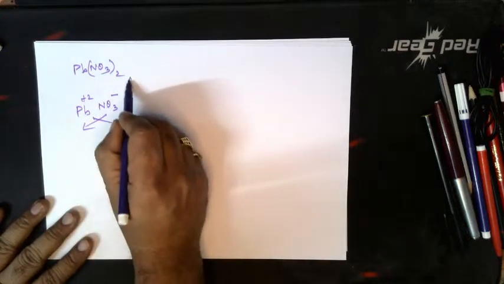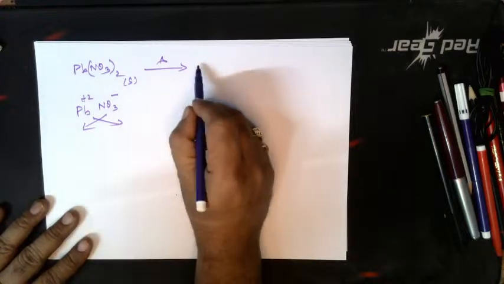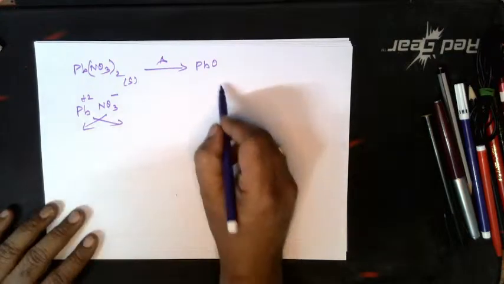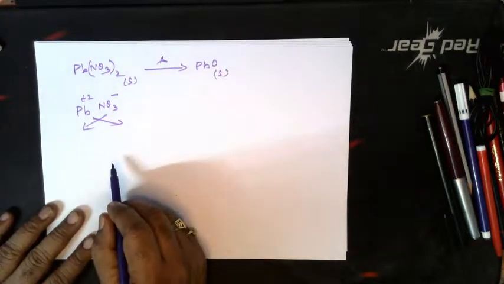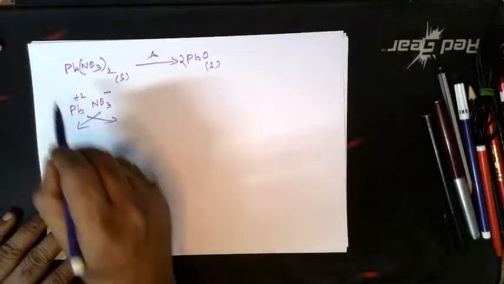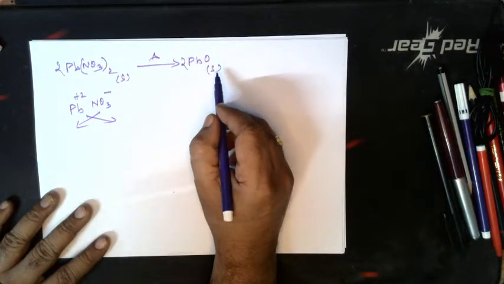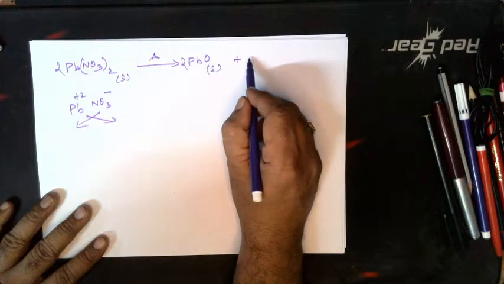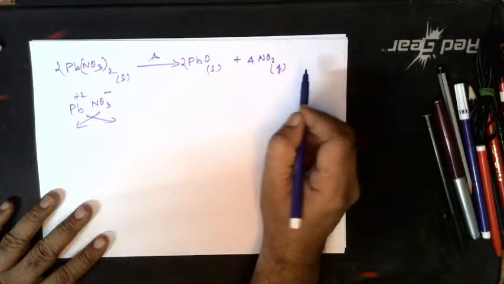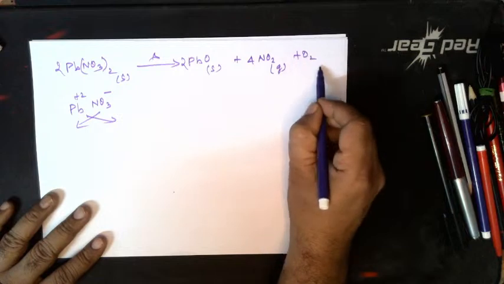When it is heated, is it in the solid form? When it is heated, you are able to get PbO, that is lead oxide. Lead oxide. 2 moles of PbO, and here you have got 2 moles of Pb(NO3)2, plus 4 moles of nitrogen dioxide, NO2 gas, and then oxygen as gas,